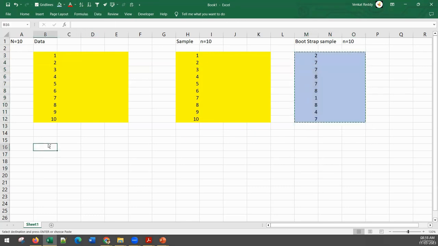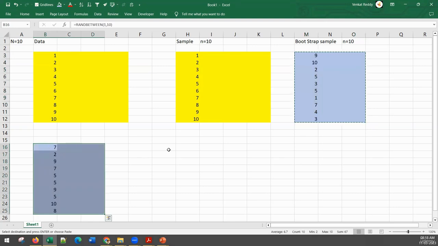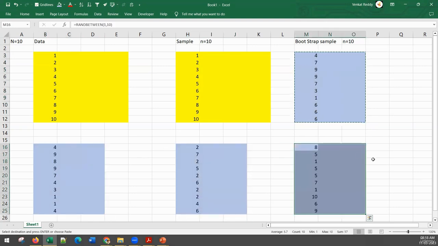Similarly, you can bring bootstrap sample 2. This is also known as bag 1, bag 2, bag 3, bag 4. Any number of bootstrap samples you can take. Is it a fair point to say inside a bootstrap sample, there can be some repetitions, duplication is possible inside a bootstrap sample? Yes.